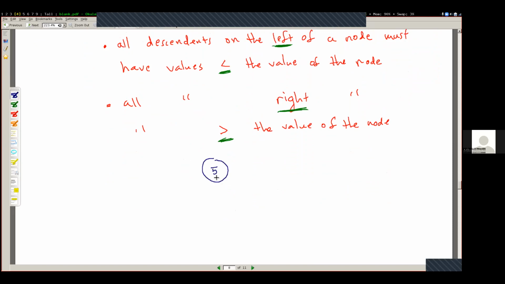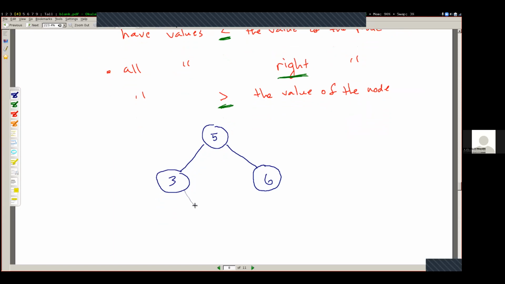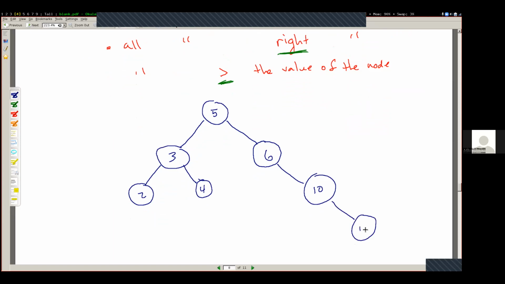So here, if we have the number 5, then if we're trying to also have the number 6 in our tree, the number 6 cannot be to the left, it must be to the right. If we have the number 3, that one would go to the left and not to the right. And then similarly, we could have, say, the number 4 right here and the number 2 right here, and say the number 10 and 11, 9, something like that. This is still an example of a binary tree because we have these nodes and they